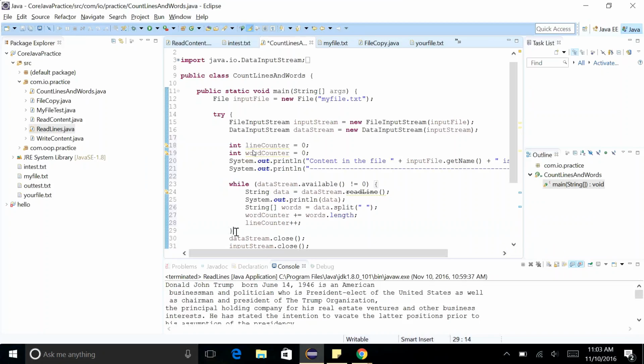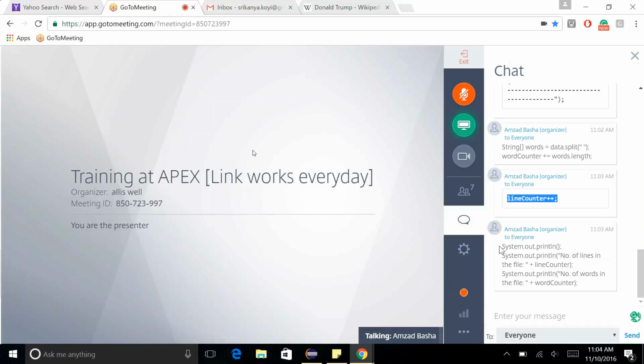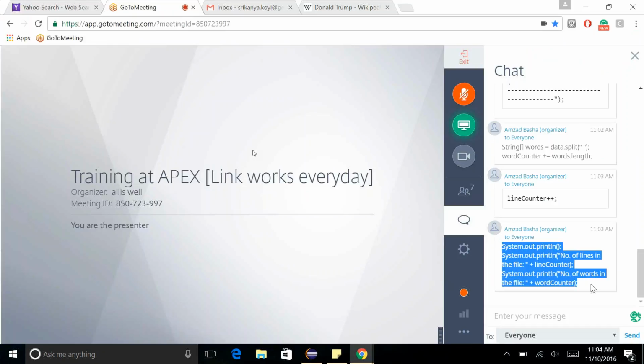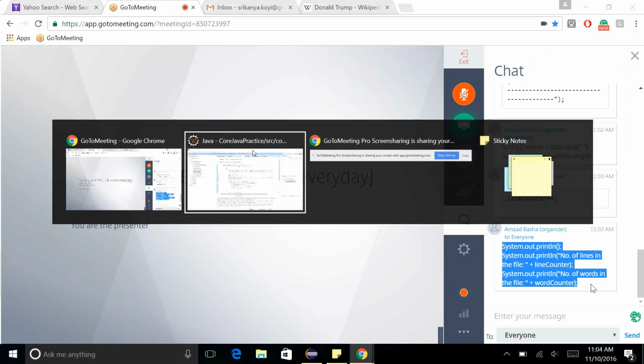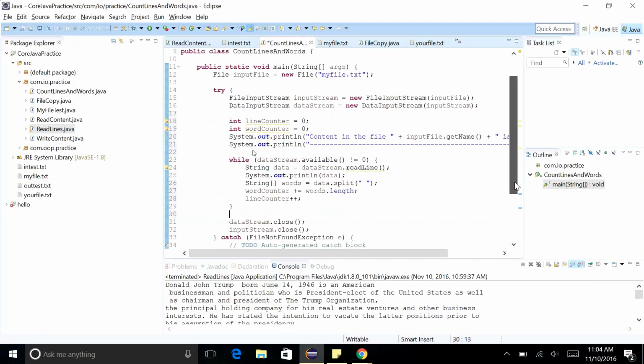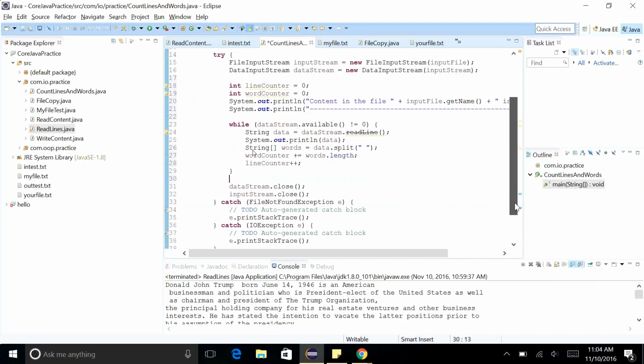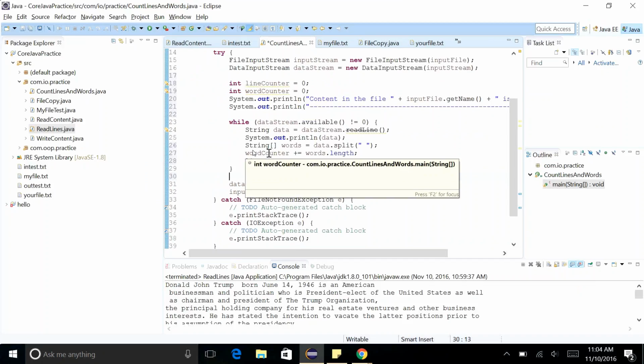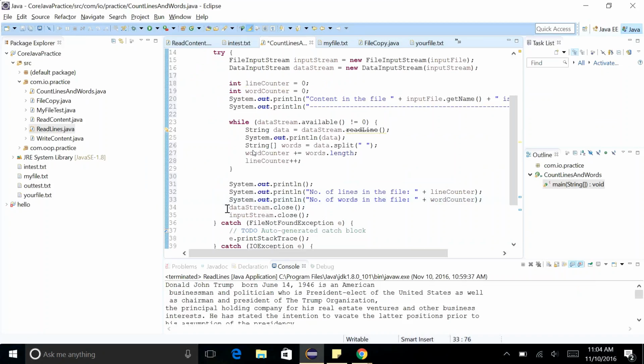So copy this sysout and paste it. Yeah, you can paste there after the while loop. Right. Save